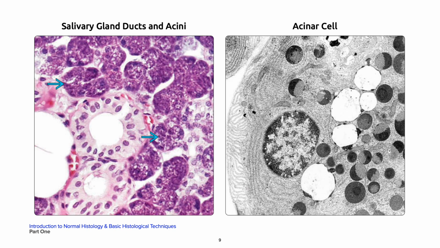On your left is a salivary gland lobule with two ducts surrounded by acini with cytoplasm. These are the arrows in blue. They are filled with enzymatic granules, which is indicative of an active Golgi system. On your right, the EM shows an acinar cell with a basal nucleus and apical, variably sized granules of heterogeneous